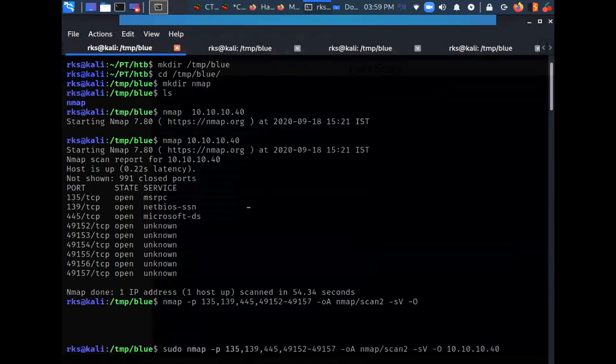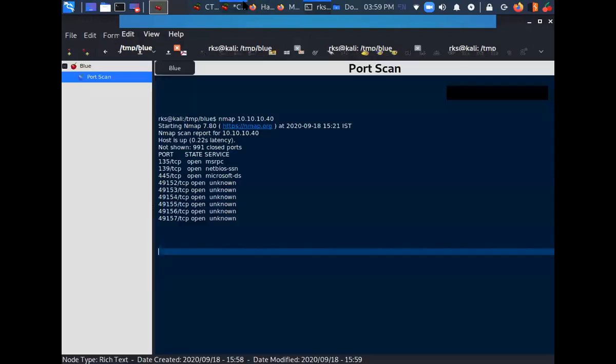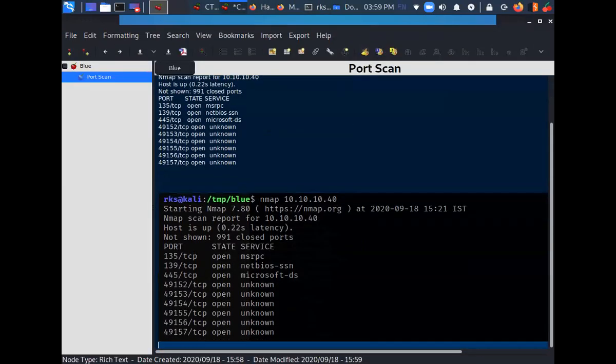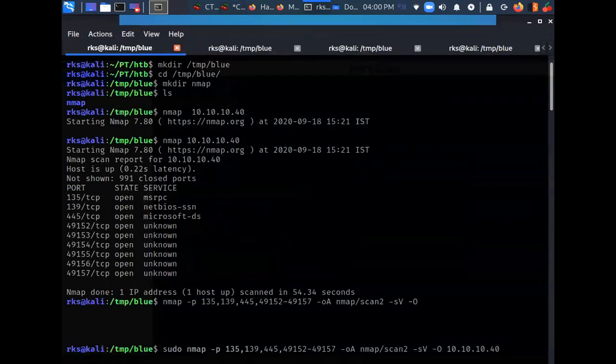In Kali Linux, the shortcut is Control Shift Print Screen. I press Control Shift Print Screen and drag the part I want to select, come here, and paste it with Control plus V, and the snap is here. This way you can document all your steps, whatever you have done so far.